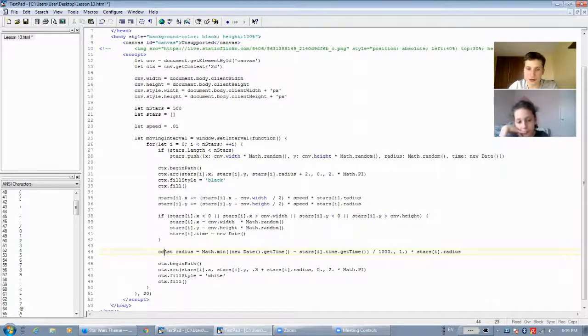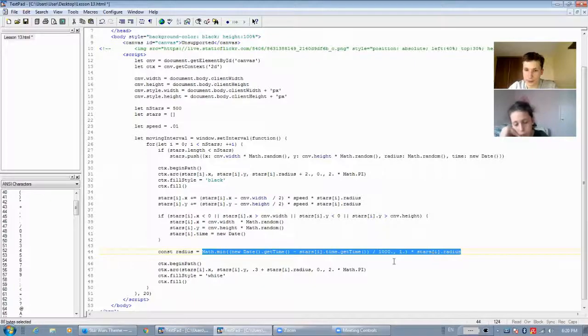And here I'm going to add a new constant called radius. And in JavaScript, a constant is much like a variable. The only difference is that with variables, once you set the value of it, you can change the value as much as you want. But with constants, once you set a value, you cannot change it. And constants are good for when we want to store values that we know we're not going to change. And so in here, we set a radius constant to